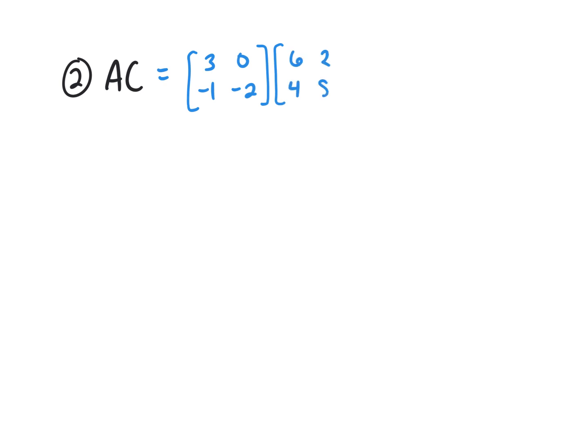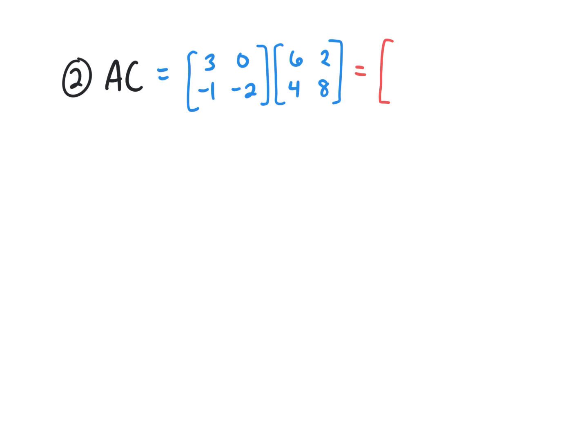Let's try another version. Here's another example. Now we're going to do A times C. Those same matrices from your example 2, but now we're going to do A times C. So our matrix A is 3, negative 1, 0, negative 2. And C is 6, 4, 2, and 8. So first thing we're going to multiply is what? What 2 things are we going to focus on? We're going to do row 1 with